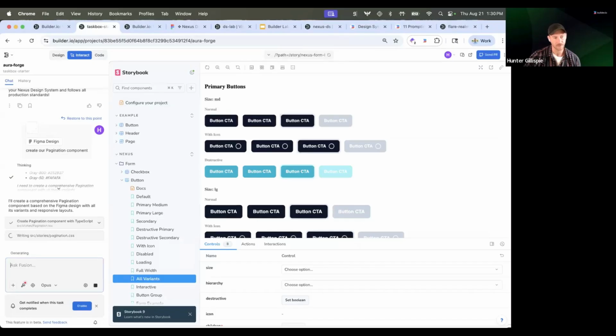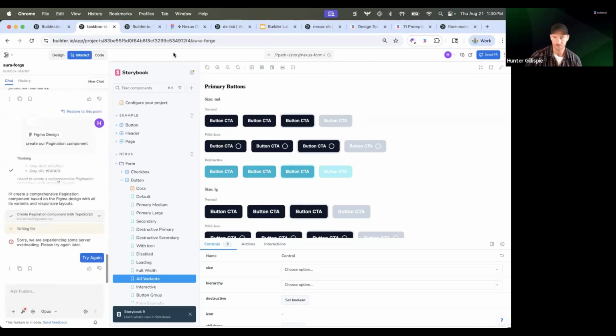Mike, are custom fonts only recognized via this method of documentation versus a one-shot prompt? I think that's really going to depend on the font. If it's something that's publicly available, yeah, definitely it can install those fonts and bring those in. But if it is something proprietary or paid that we don't have access to,